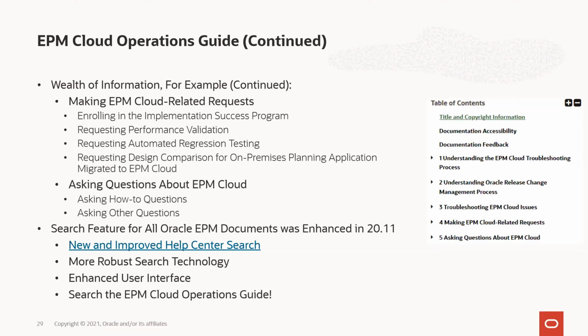Oh geez, this implementation went sideways. Oracle, we need you to help. We're trying to get ahead of that. So make sure that any new implementation you're starting, look through that in the Cloud Operations Guide to understand what that whole process is. That's a very important one, because it just starts you off on the right foot with Oracle in your implementation. There's also the request for performance validation. Hey, my performance has gotten slower, or it's not what I want it to be. So there's a whole process, operating procedure for you to request a performance validation of your application.